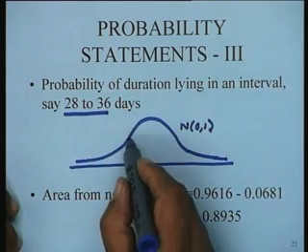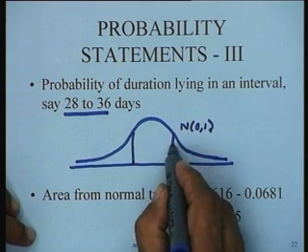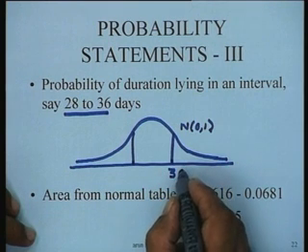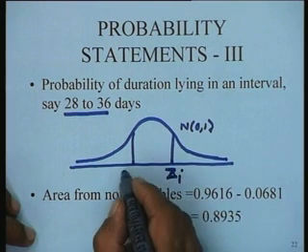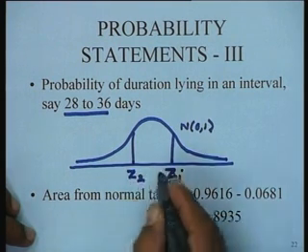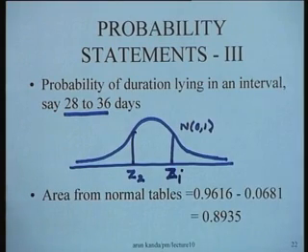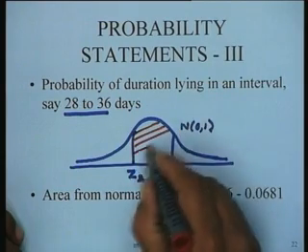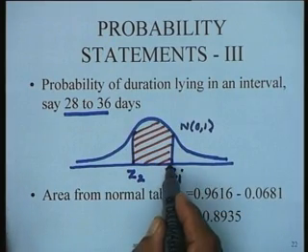So you would have got, for each case, a value of the areas. The 36 days would be here, let us say. For the 36 days you would calculate the corresponding z. So we write z1 here and z2 here, and we would have got the areas. If you take the difference between the two, you are then talking about this particular probability. This is exactly the probability that the project would be accomplished between the times z1 and z2, that is, in between these two times.